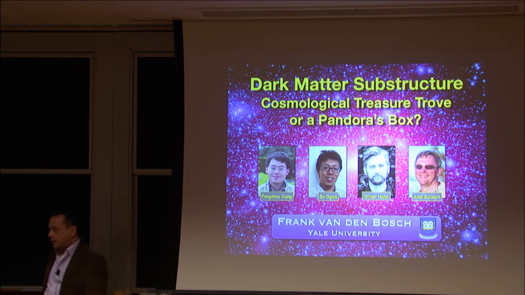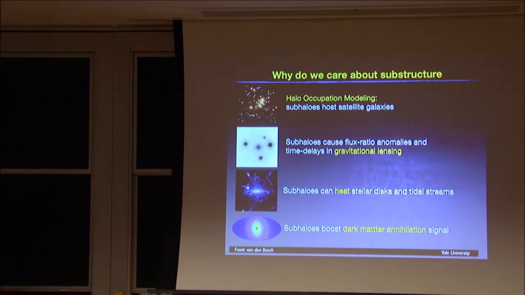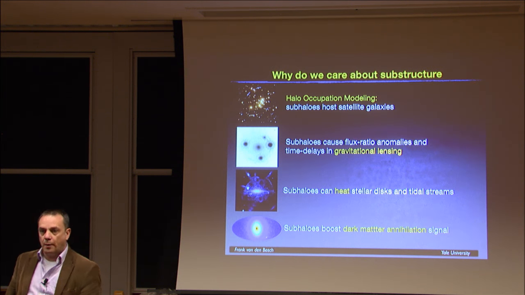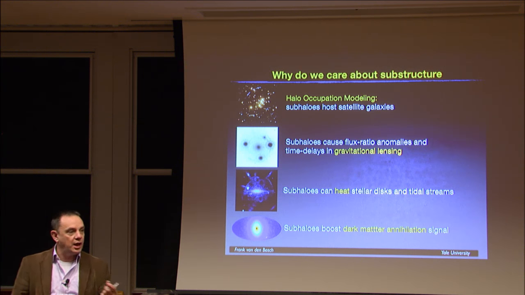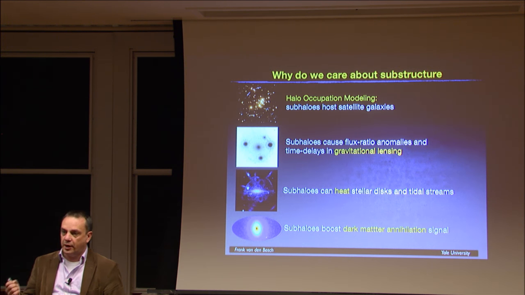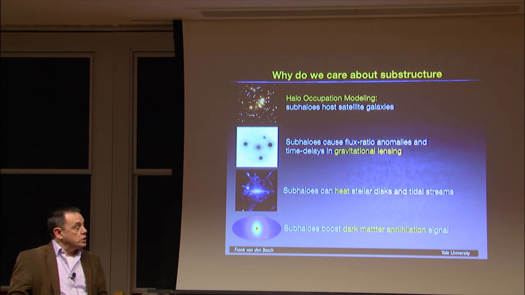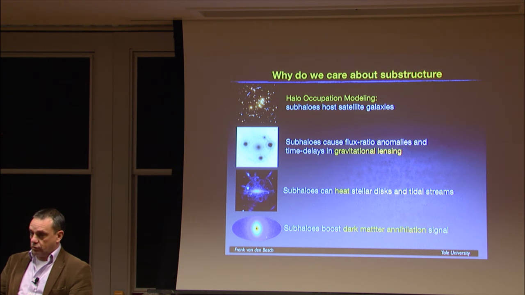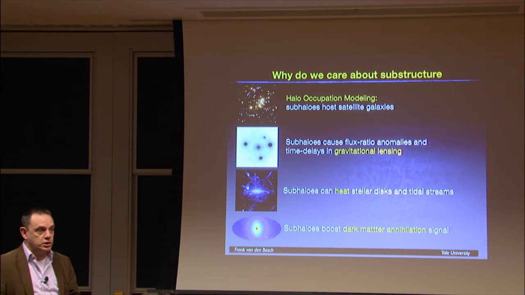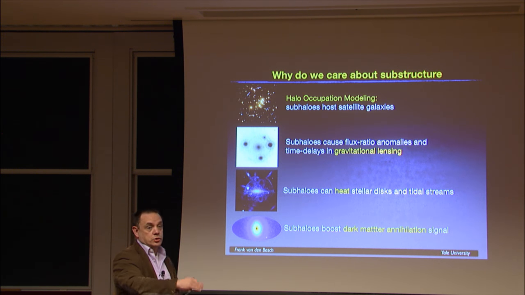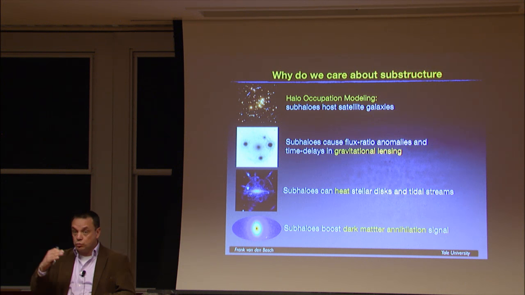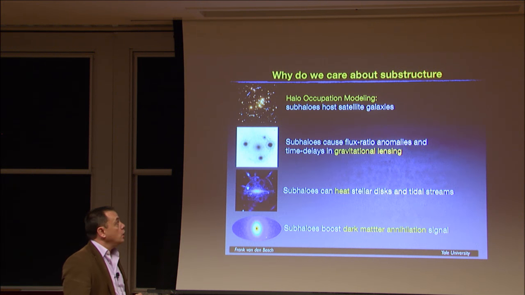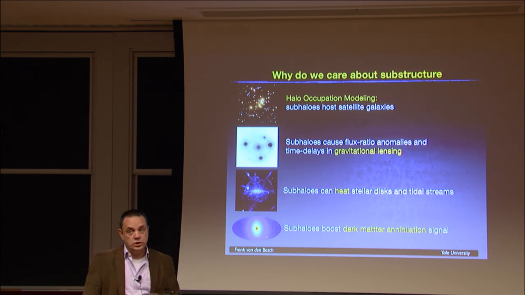who is at Munich. So why do we care at all about dark matter substructure? Well, from my personal point of view, I'm interested in halo occupation modeling. I try to understand what kind of galaxy belongs to what kind of dark matter halo. And at that point, we believe that satellite galaxies are the galaxies that live in dark matter subhalos. So the abundance and demographics of dark matter substructure is directly related to that of satellite galaxies and to small-scale clustering. So if you want to understand and model small-scale clustering, you need to understand the properties of dark matter